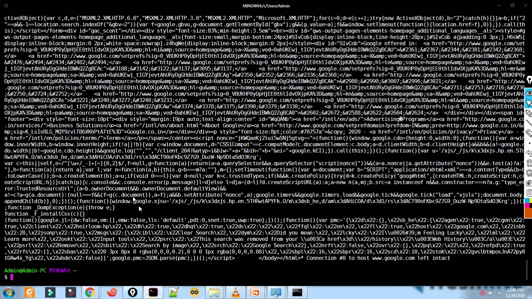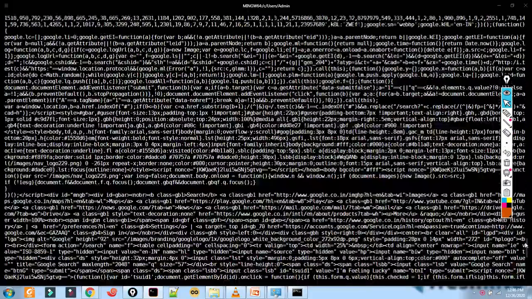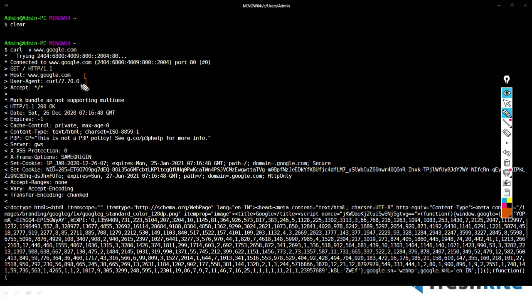When I send this, you see the output. Now it is trying to connect to google.com. It is connected and it is sending the GET method. And these three lines are the request headers.